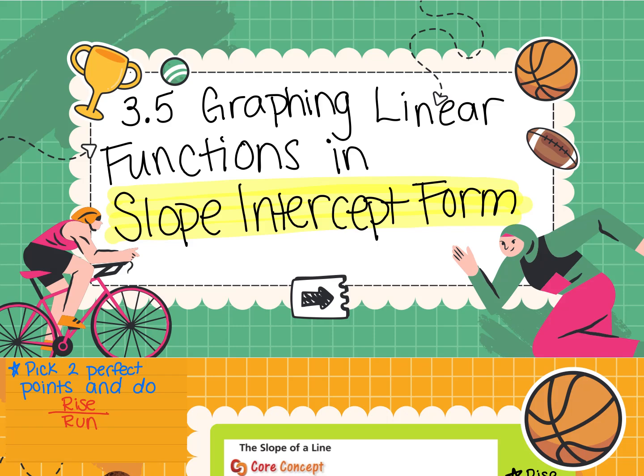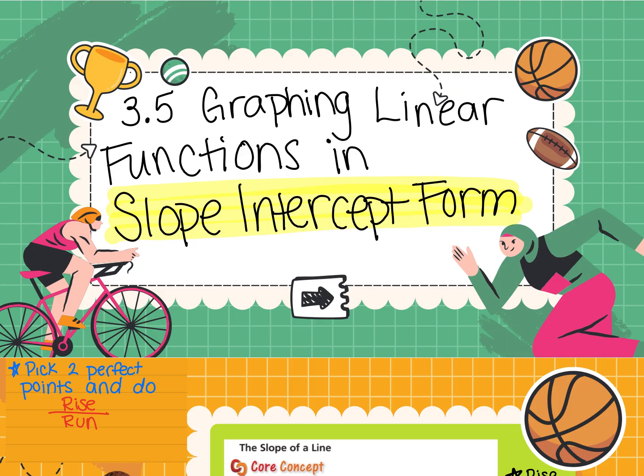All right, so we're moving into slope-intercept form. We talked about standard form. Standard form we said was ax plus by equals c, right? Slope-intercept form is going to be y equals mx plus b. We'll get to that in a minute, but before we even get to